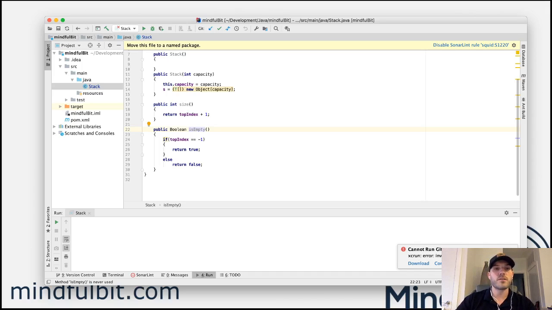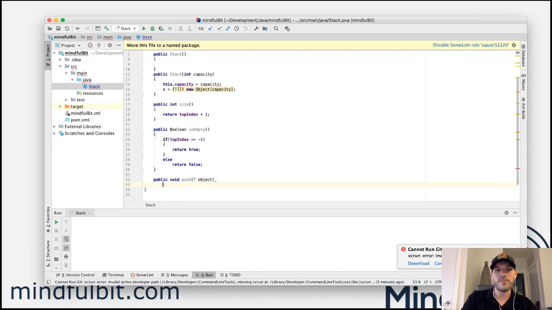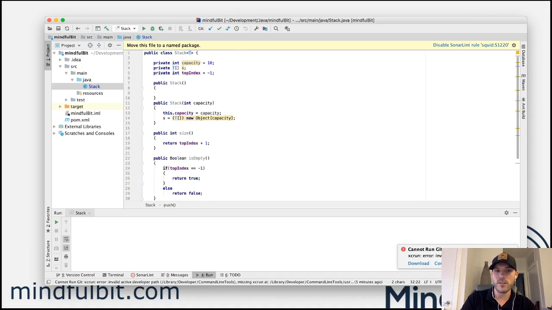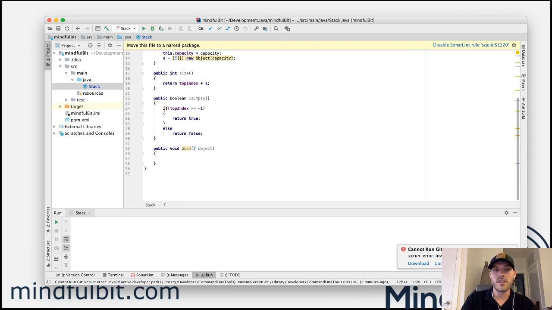So let's go ahead and let's push something on there. We'll do our public push. Actually, let's make push void. We really don't want anything returned there. So we're going to push in an object of type T, and we're going to know this has to be equal to the T that we instantiated the stack with. So that'll sort of keep our types nice and consistent. First, we want to check if size equals capacity. This means we've reached capacity. We can no longer